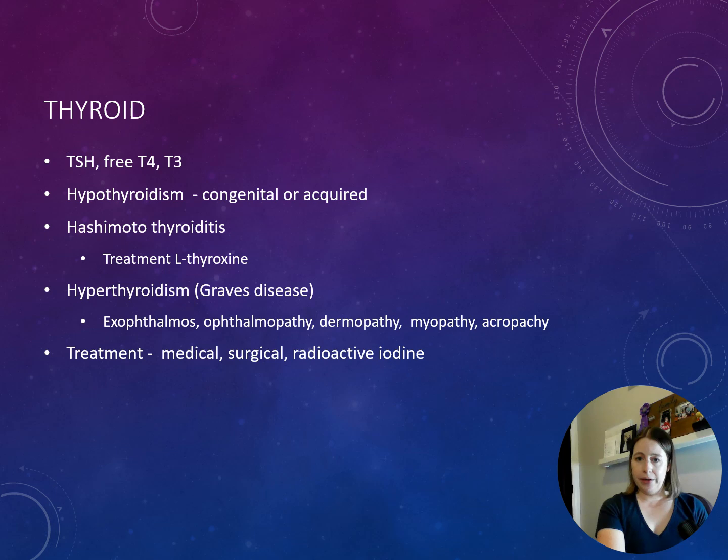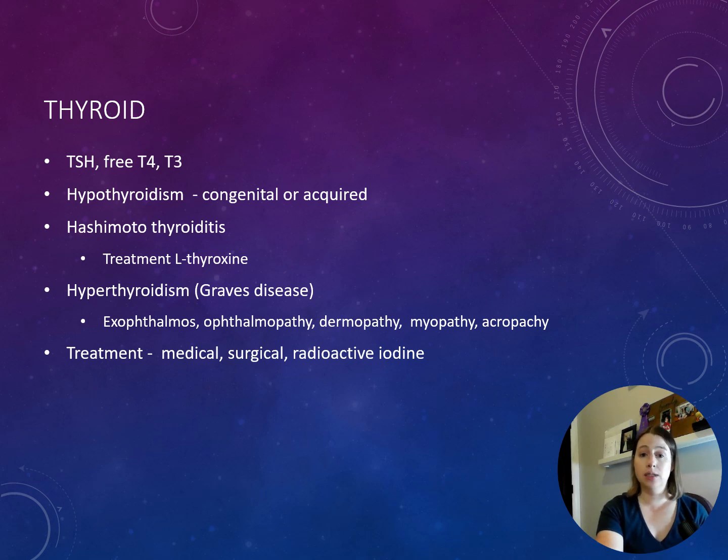So let's quickly move on to thyroid and do a quick review here. So your thyroid excretes your TSH, your free T4, your T3, okay? There's a couple different disorders associated with thyroid that have to do with hyper or hypo, okay? So hypothyroidism can be congenital or acquired. We talk about acquired hypothyroidism in adults a lot. Then there's Hashimoto's thyroiditis,